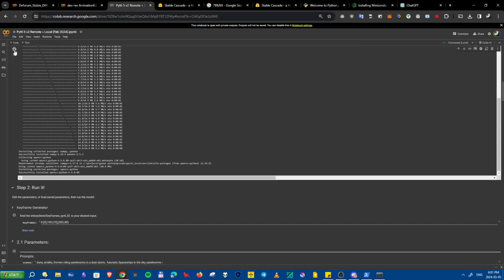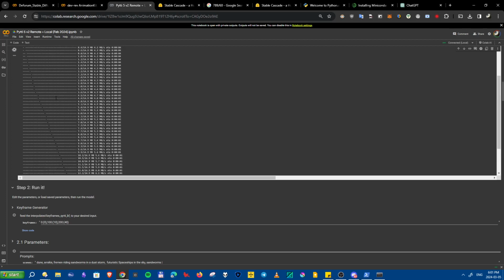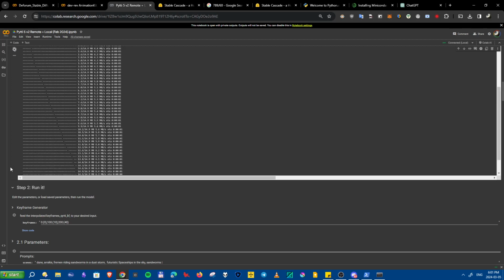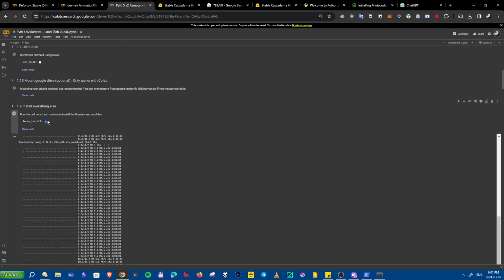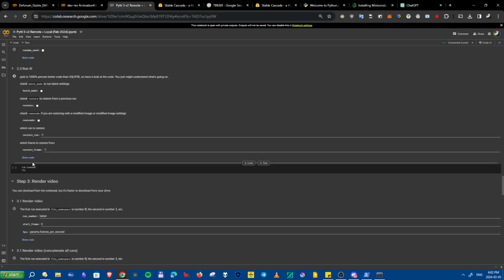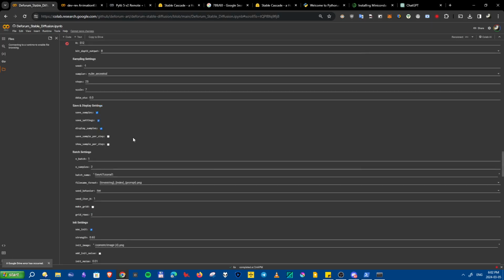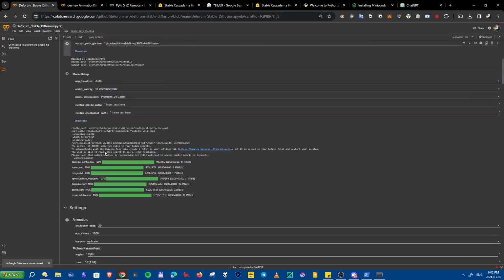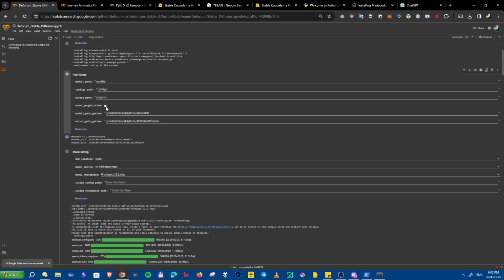So yeah, this is installing some stuff I already have, and I'm going to show you how I use it after it's installed, because the good thing about local systems is you only need to install them once. And if you use Drive too, you only need to install them once. So the next time you don't even need to run this cell. You just use the model by running this and then running that. Or in this case, we're going to turn off Mount Google Drive,